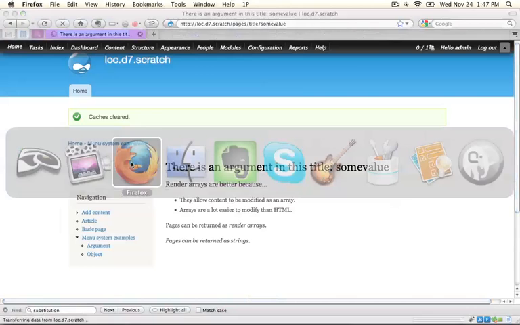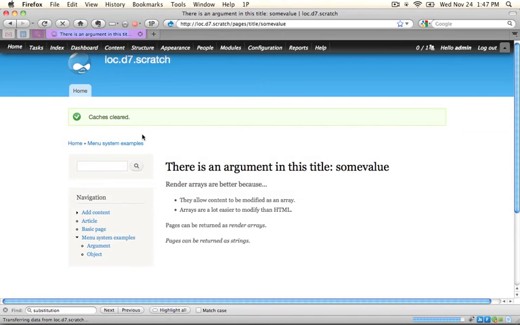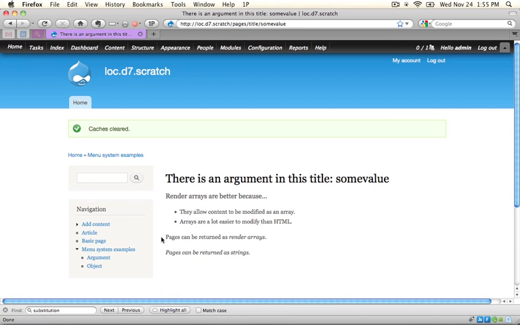And we're going to jump back to the browser. And as the page processes, you can see that we now have the list at the top and the paragraphs below that. Now this has been a very simple example of rearranging the render array of just the content of